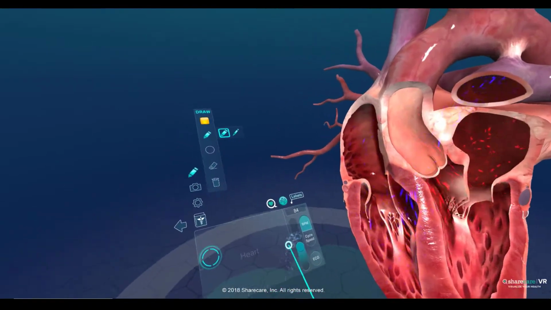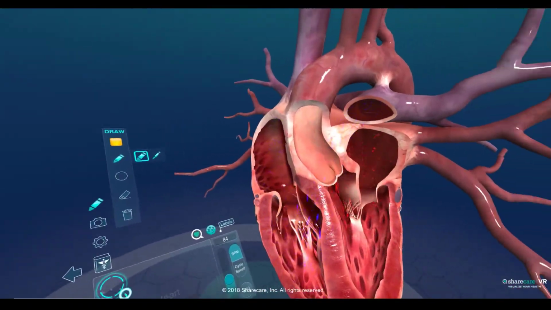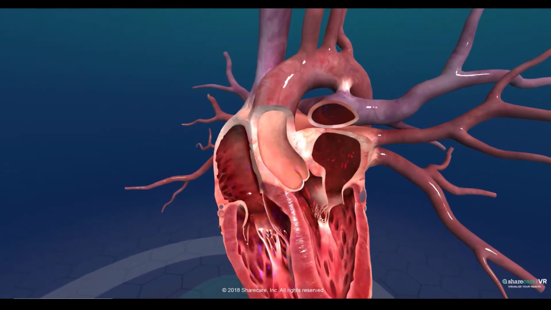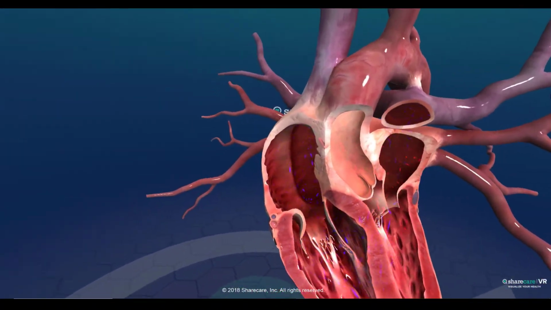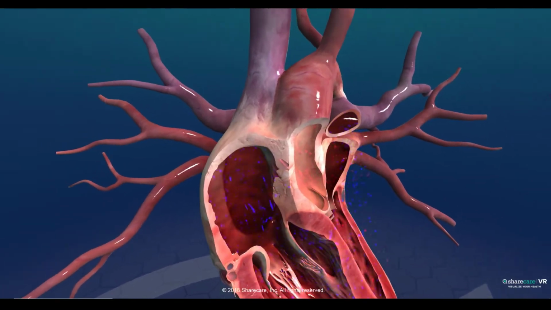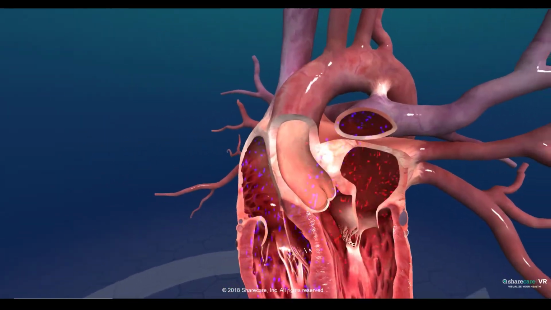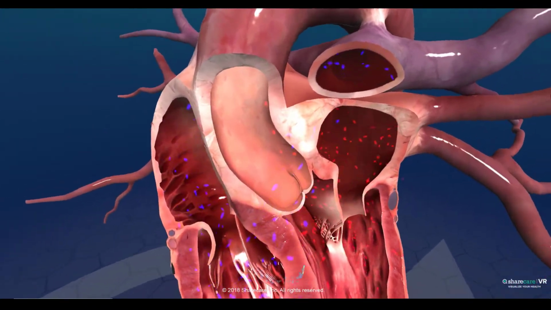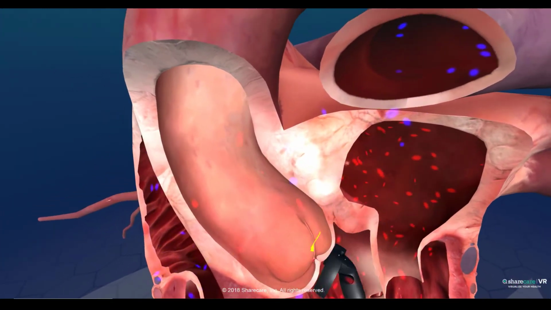All right, so we're going to take just one more moment. I'm going to have you guys take a look at this because I think it's really helpful to see the blood flow. And again, I can turn it here. You can see the valves. You can also see, if I bring this down, pause it for a second, that the way these semilunar valves